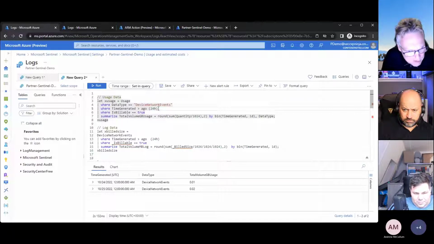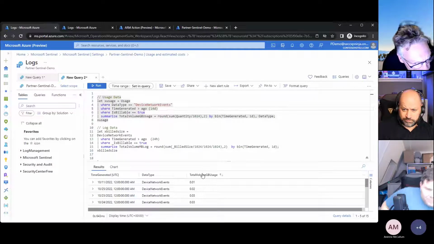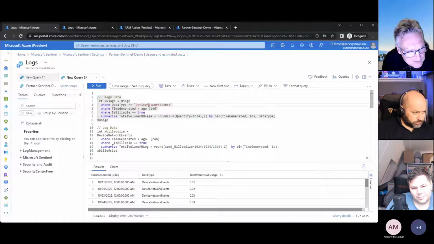What we do here is we break it down per day. We can even go back even longer. Let's do working days. And we get an idea of how much data is actually coming in per day and